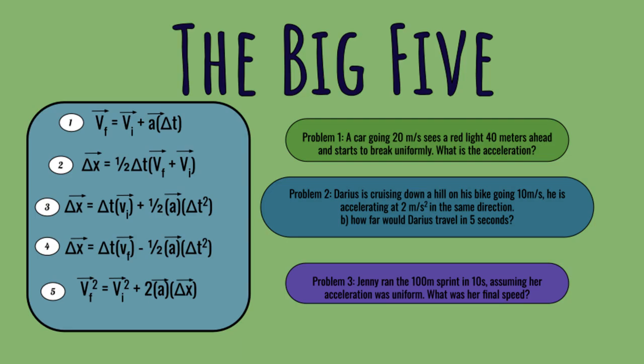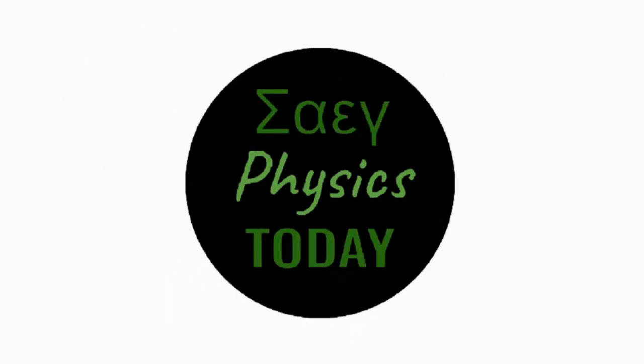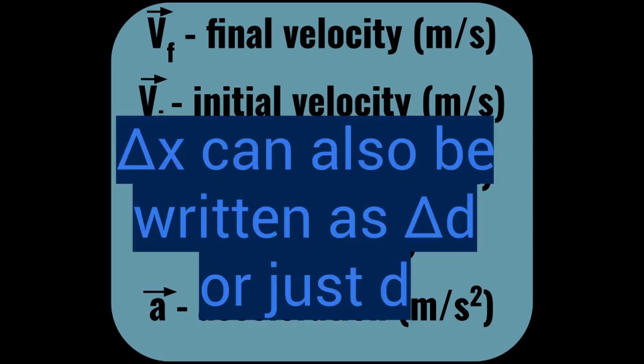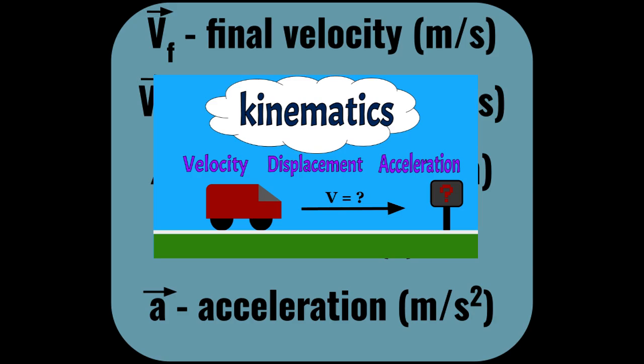The big five are fundamental equations used in almost any kinematic problem. But what are they, and why are they so useful? Before I start, I want to specify what each variable means. If you don't know any of these variables, make sure you watch my video explaining kinematics simply for beginners before